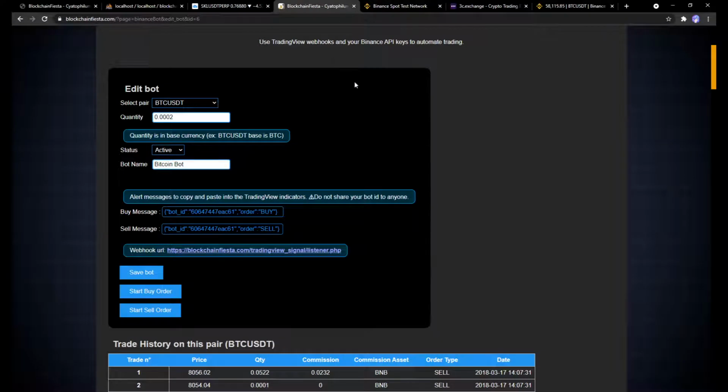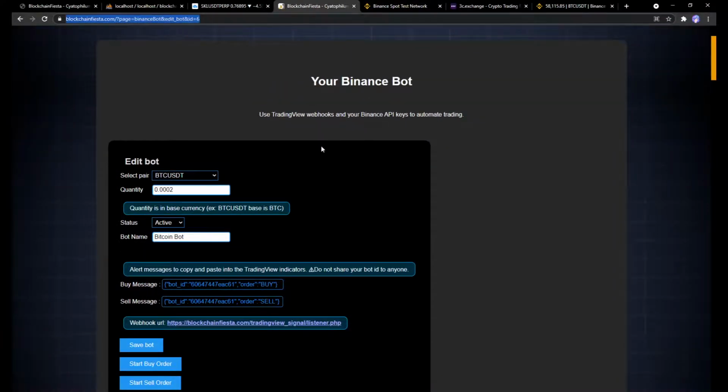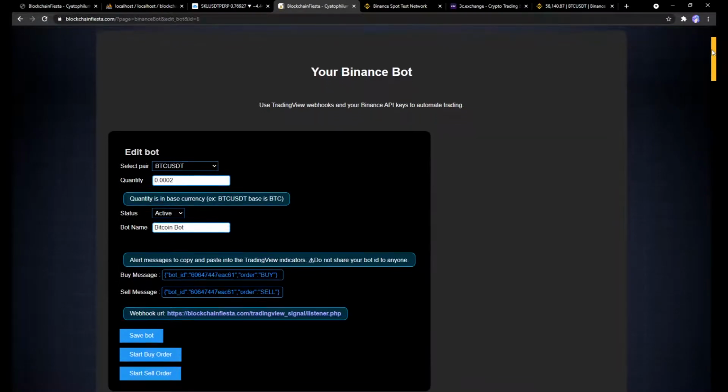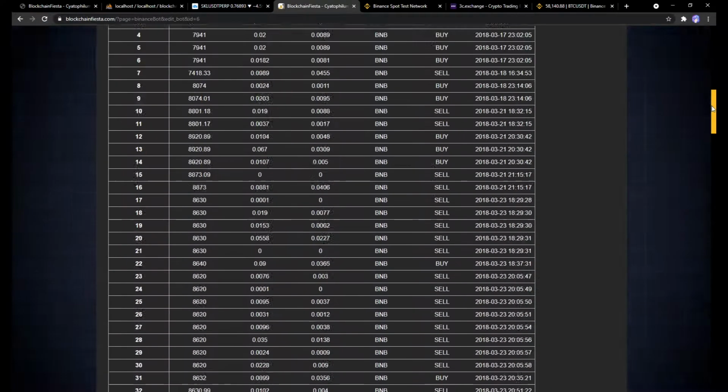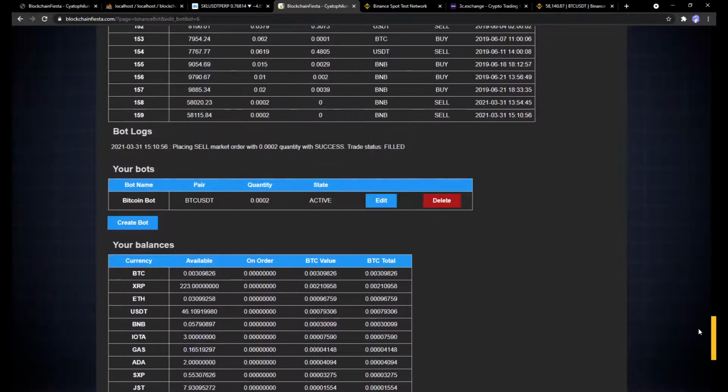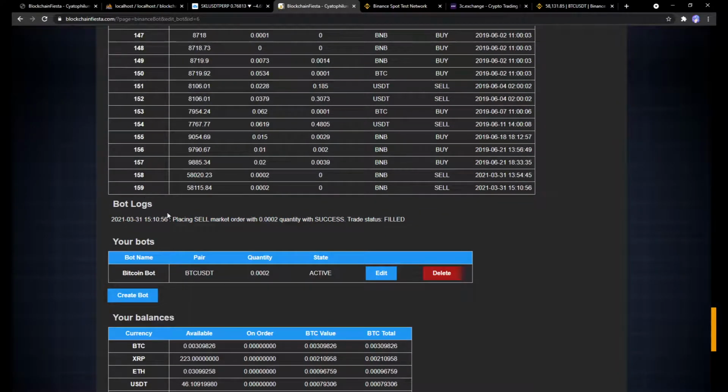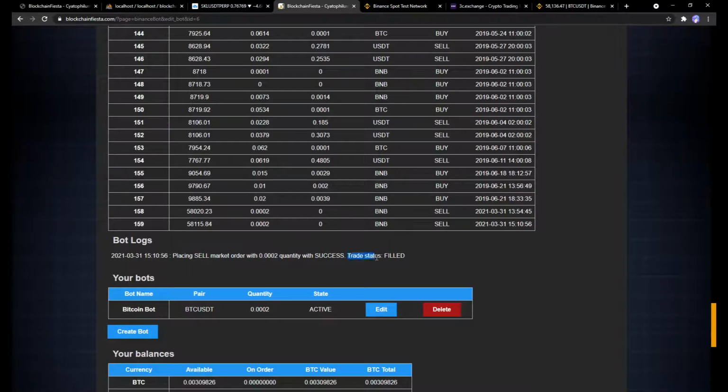We can check this on the website. If we refresh the page, we can hit F5 or refresh the page like this. If we go down, we can see that we have a log, and so we have placing sell market order with the quantity with success, so it worked. There's a trade status field.